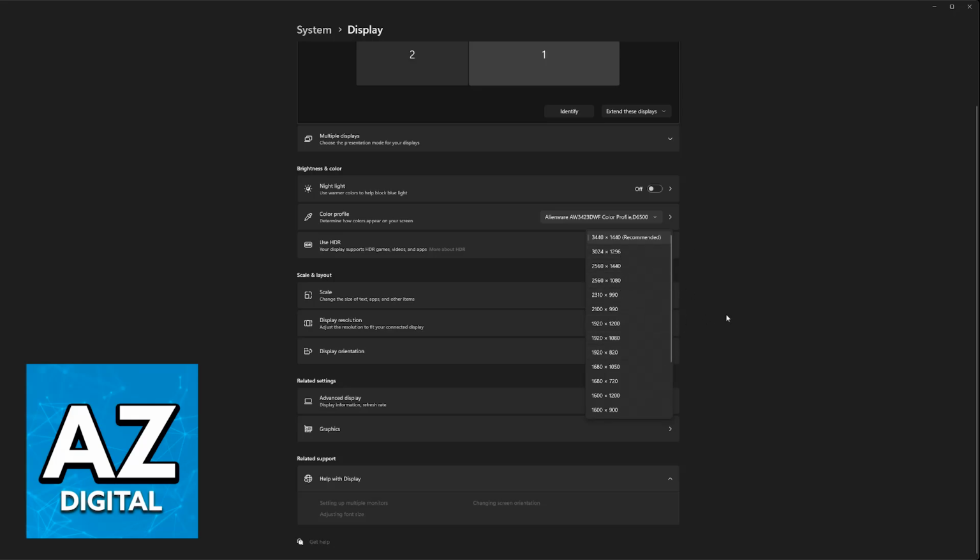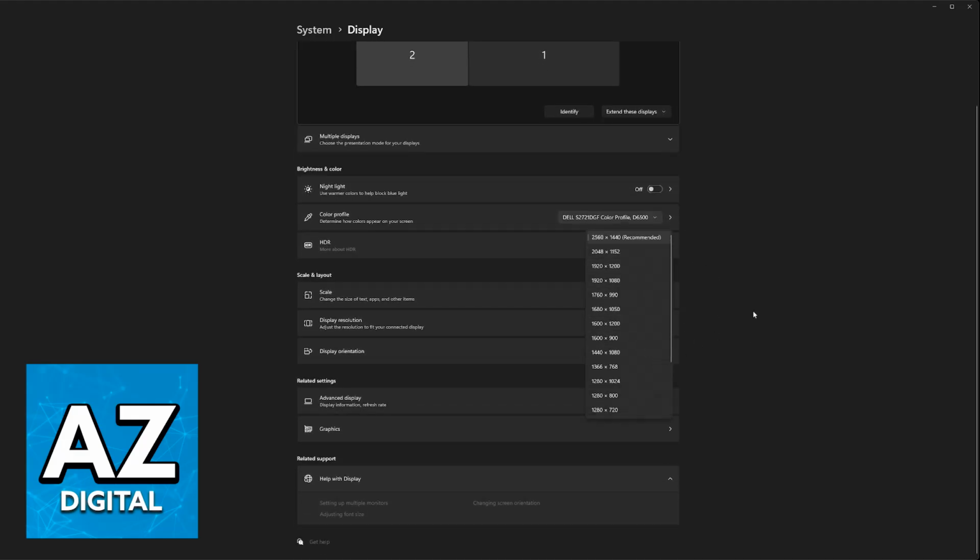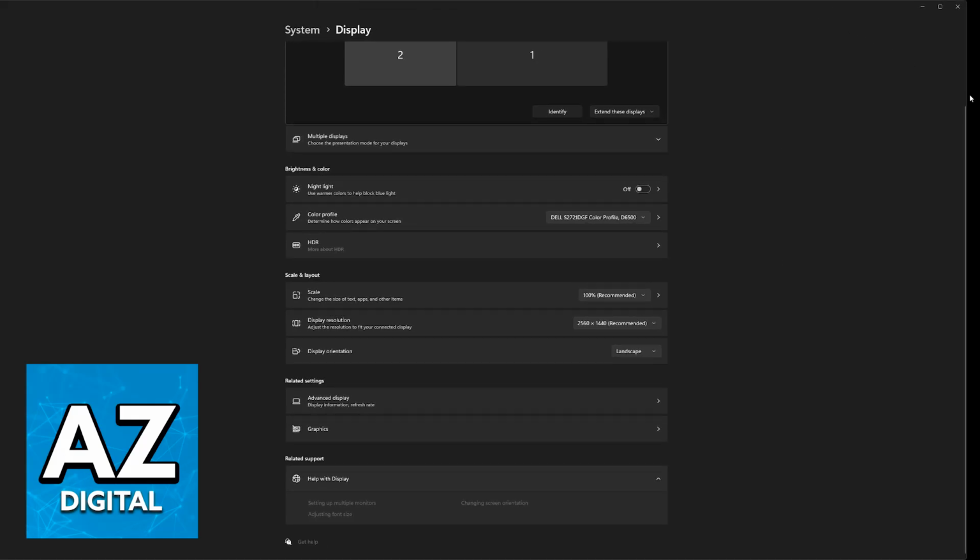But all that you have to do here is choose whichever resolution you want to use from the list. I recommend just picking the main one, so the one with the recommended tag, and as soon as this is done, you will be able to save. You can change the orientation as well if you would like to use it vertically and so on, and you can manage as many monitors as you have. The resolution will be available for all of them, and all that you have to do is right-click the Windows desktop and go over to the display settings.